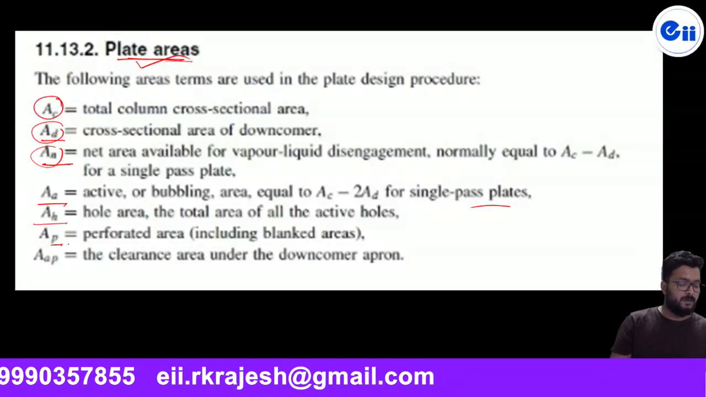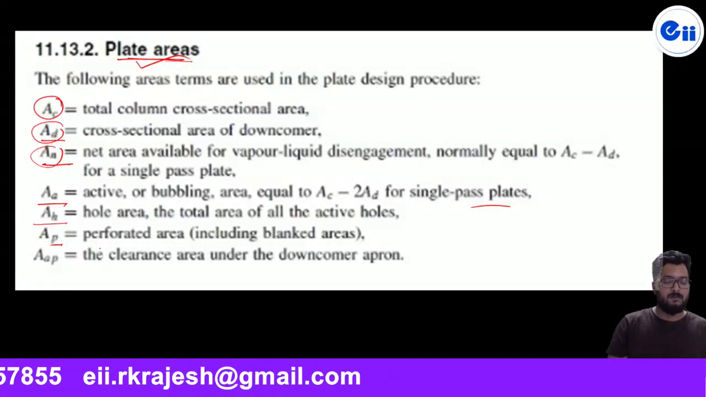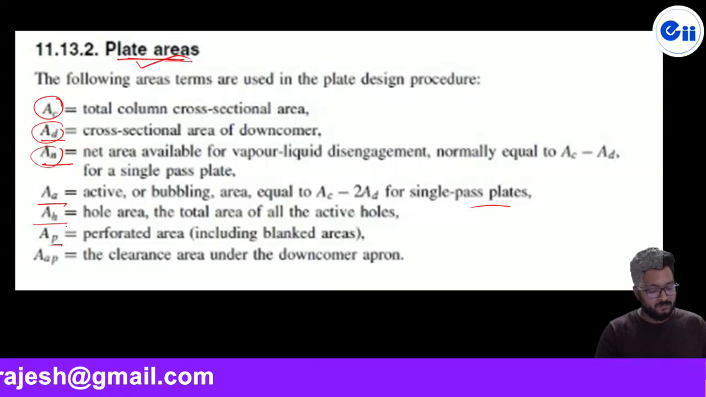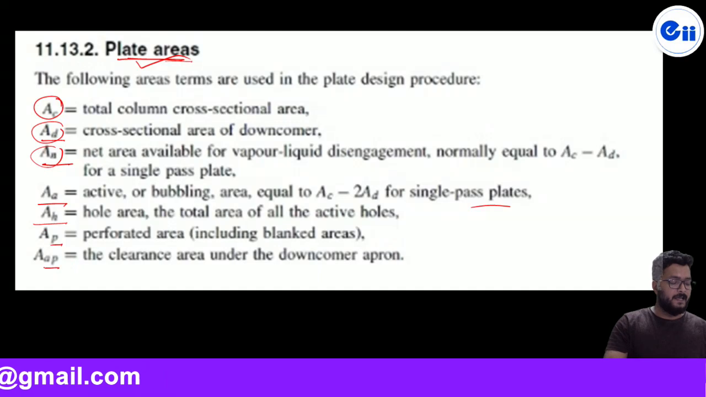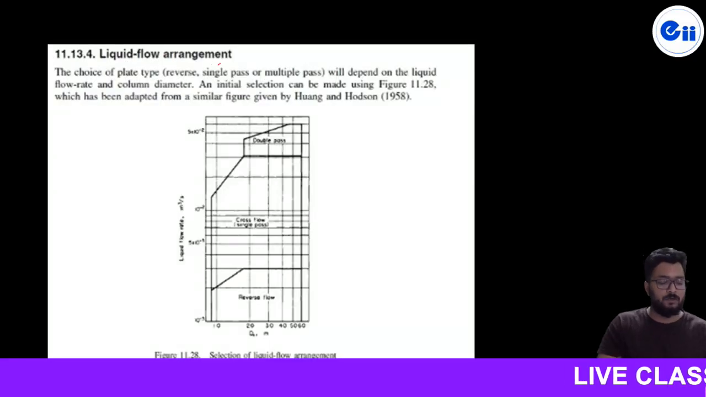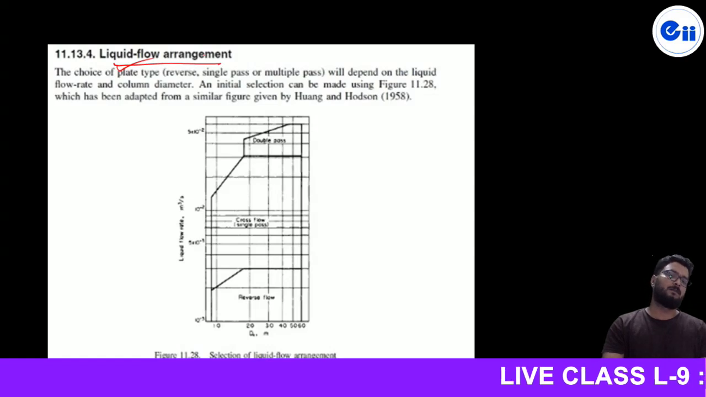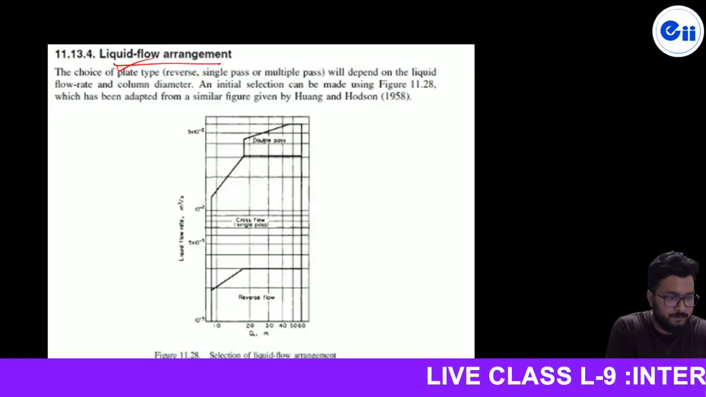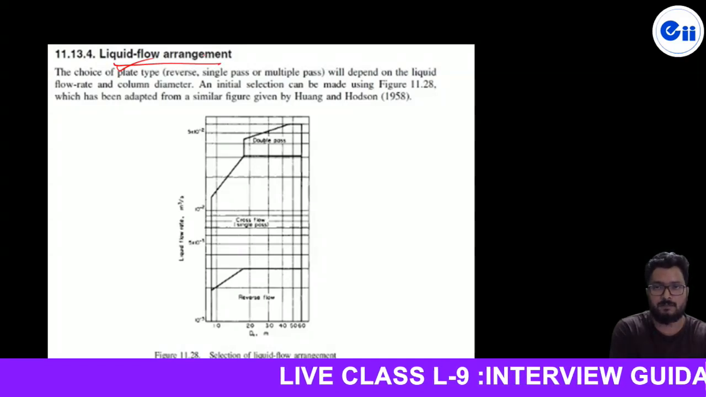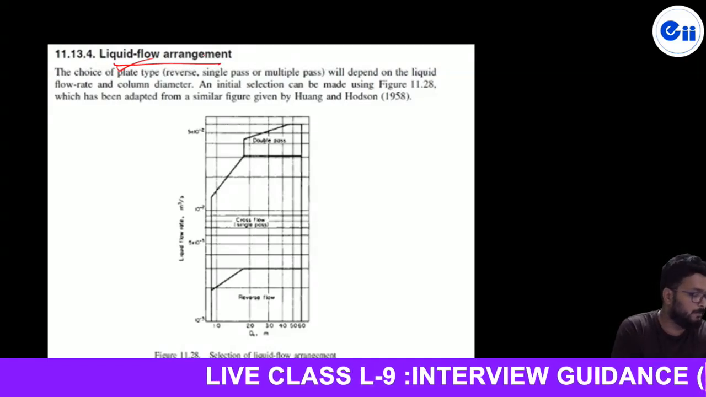AP is called the perforated area, meaning the area in which perforation is going to take place, and AAP, A for apron actually, is the clearance area under the downcomer apron. Now, as I told you, the liquid flow arrangement I have not discussed yet, by step number. First step, if you recall, was to calculate the liquid and vapor flow rates